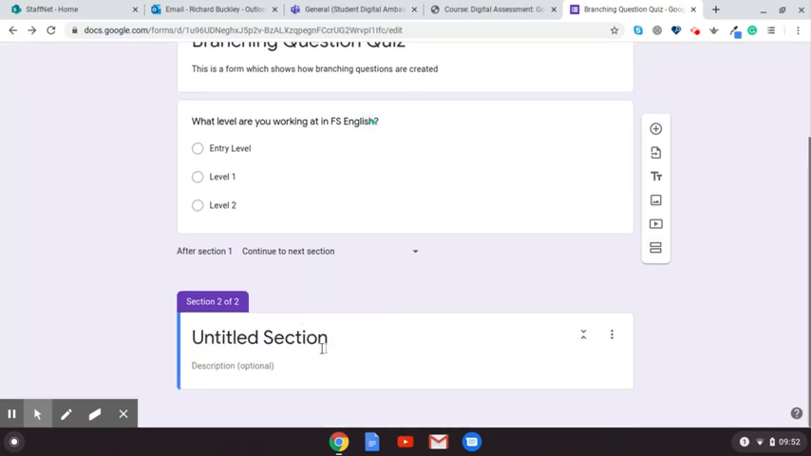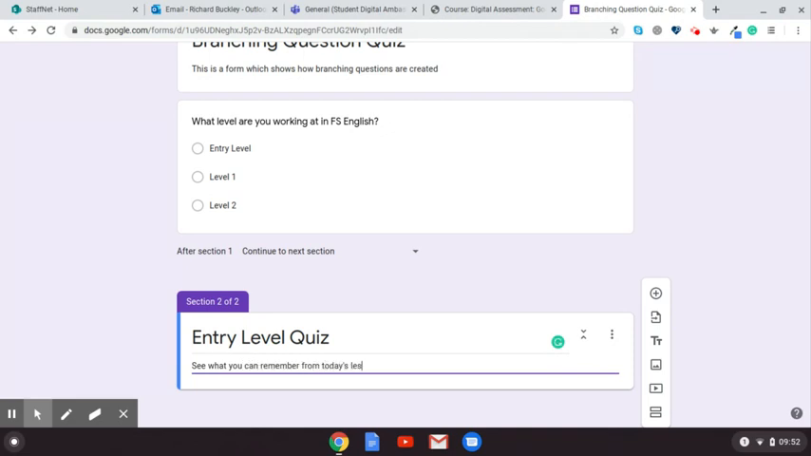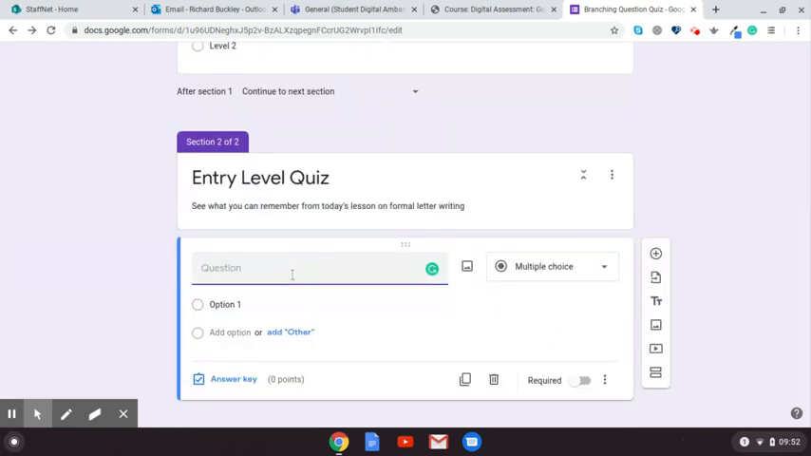we get an untitled section. So if we name this entry level quiz, add a description, showing the learner what the quiz is going to be about. From here, what you would do is add your questions in the same way. So if we could put in a question here,